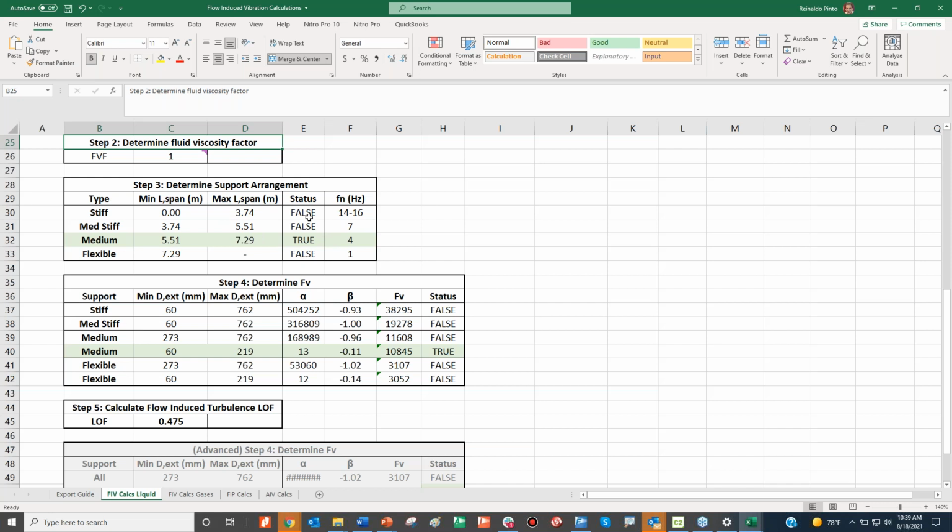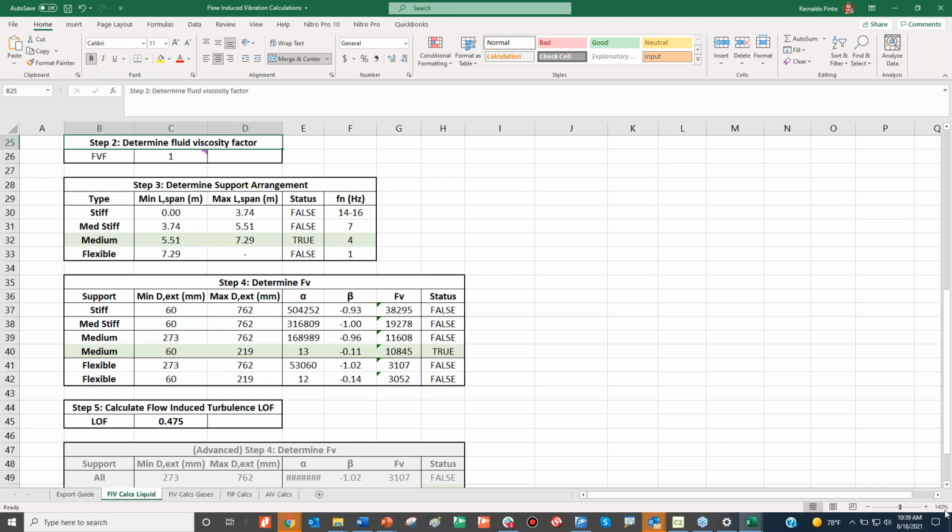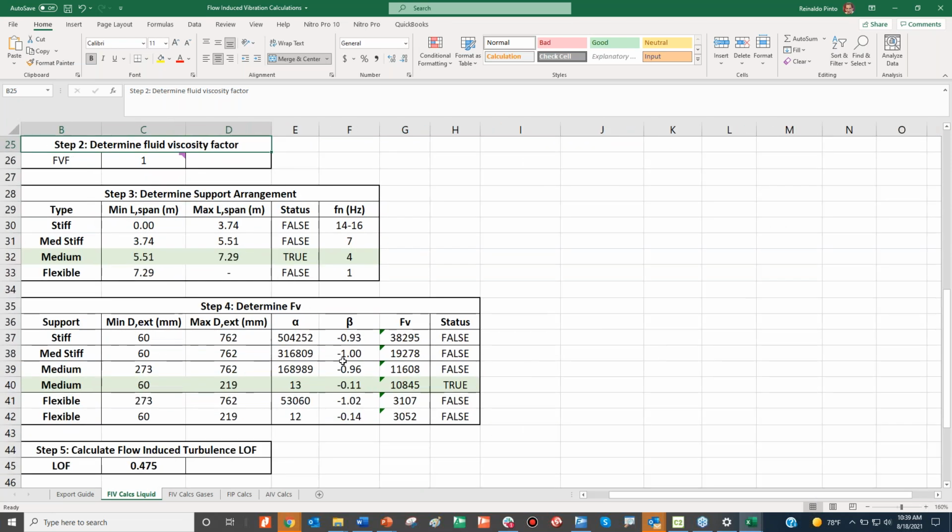You see, we have false, so here it will highlight the type of support. For 6 meters, it would be medium stiff. It would be medium. It would have a frequency of 4 hertz.